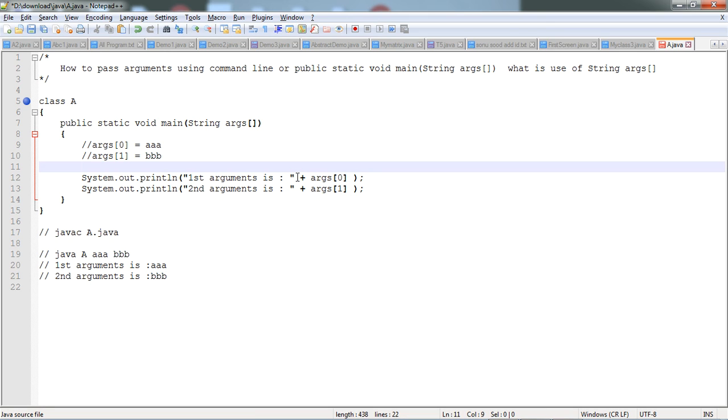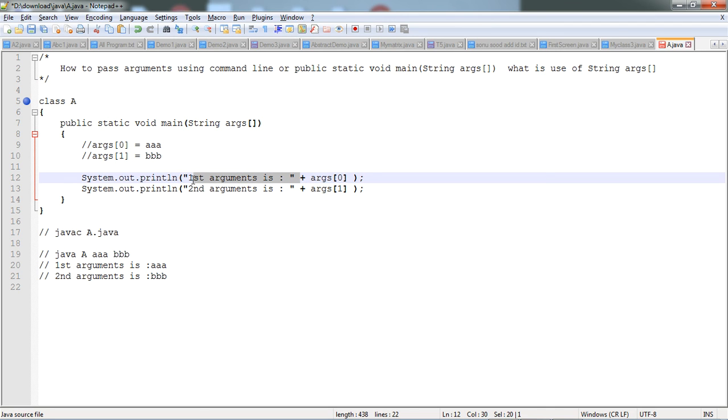In Java, whatever you concatenate with a string is also converted into a string, so you do not need to write a toString function. Java does not support operator overloading, but Java provides a predefined overloaded operator like plus. Here plus works as concatenation of strings, because this is our first string and this is our second string.